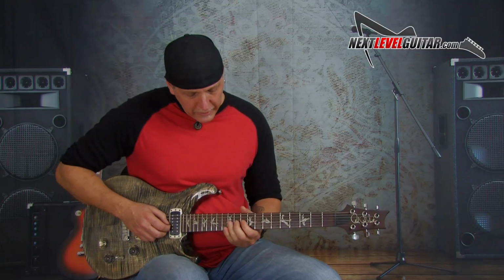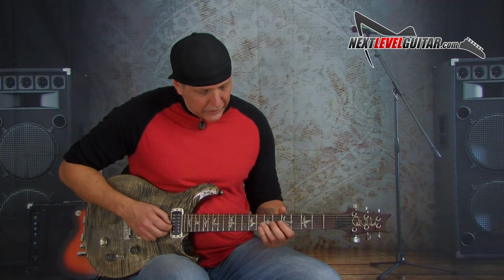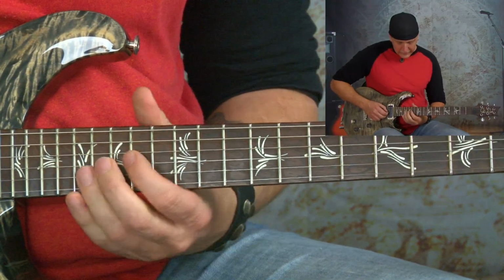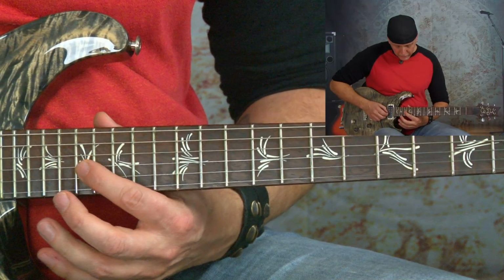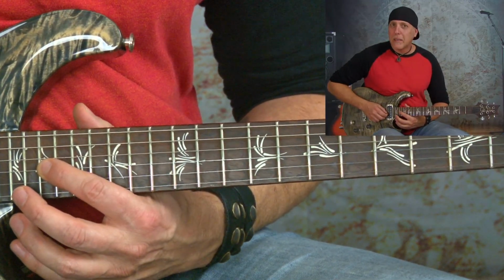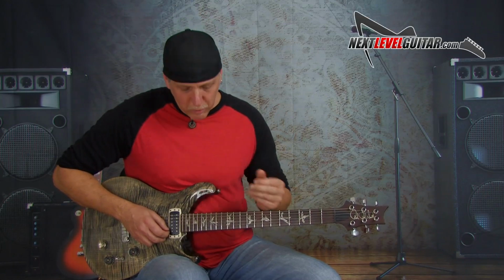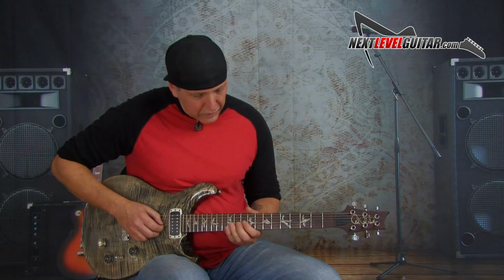Alright? And then the next thing I do is I'm going to take that, much like I did the first one, and I'm going to slide that up to the 17th fret. That's a C note here on the G string. But I'm bending that up to the root note D. That's why that lick sounds so cool at the end, because we're bending to the root, right? So you get this. And then I let it down and vibrato it. So that second part is...